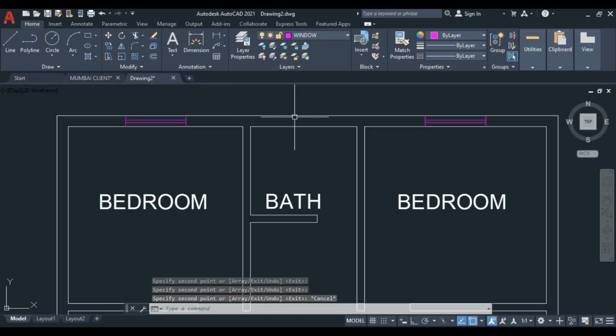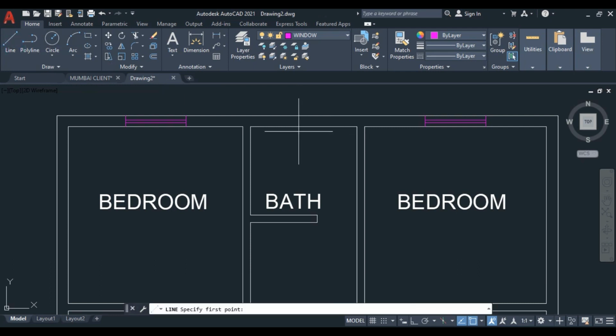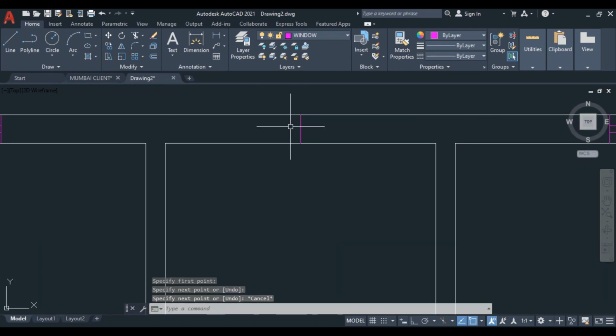Now for the bathroom, we'll draw the same line first, and I'll give here space for the window ventilation, which is 2 feet, so I just offset it 1 feet.